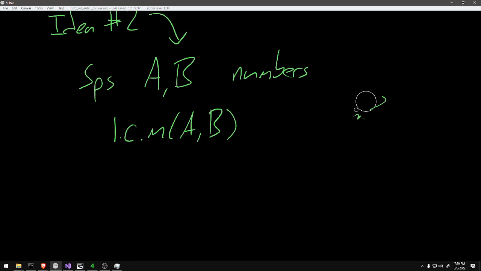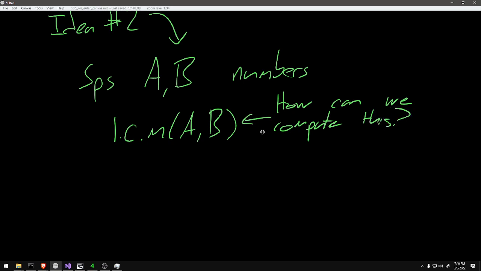How do I write it this way? How can we compute this? And so the thing we could think about is that each of these gets written out as some list of primes. So A is P sub 1 to the r sub 1, I'll do it with powers like this, P sub 2 to the r sub 2, dot dot dot,